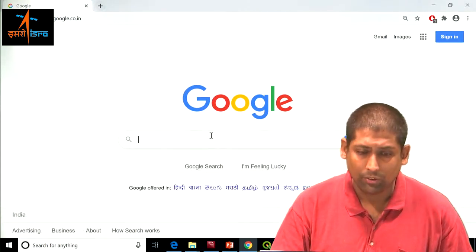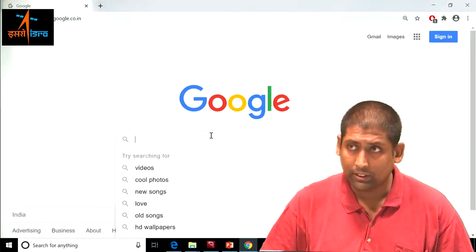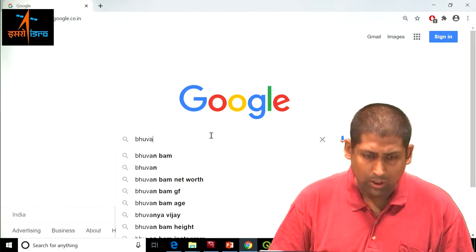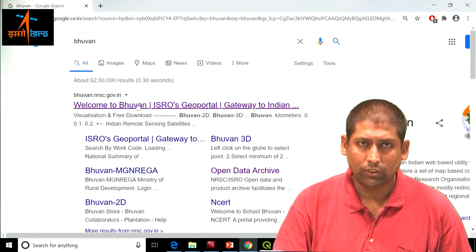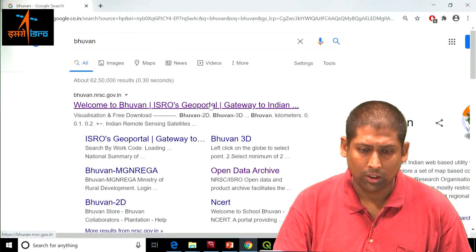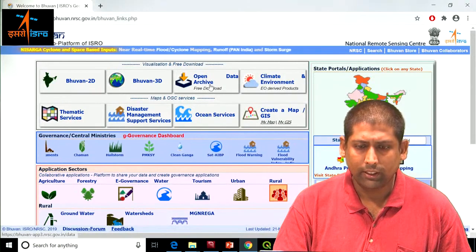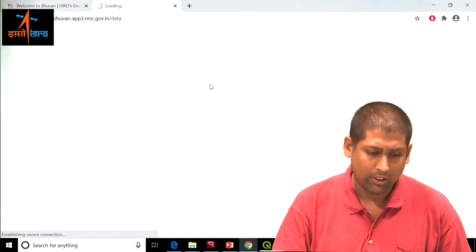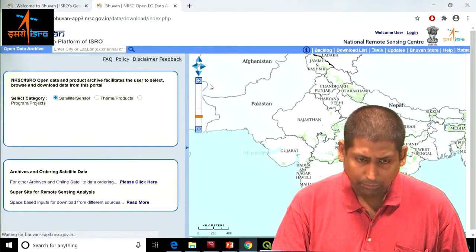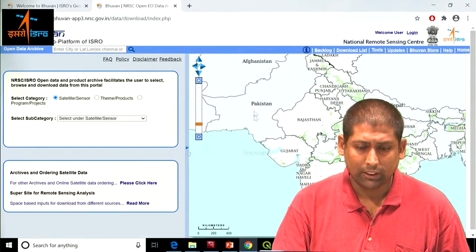We can download free of cost elevation datasets from where? Just open Google in your browser and type Bhuvan. You should see this, welcome to Bhuvan ISRO's geoportal. Click on it. Then you need to go to this link which says Open Data Archive. You click on that, and you should see this interface.